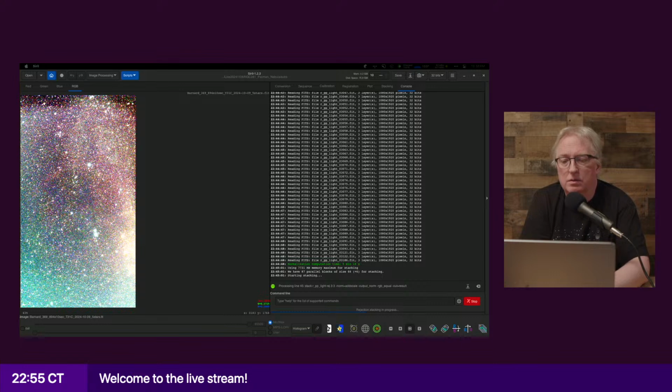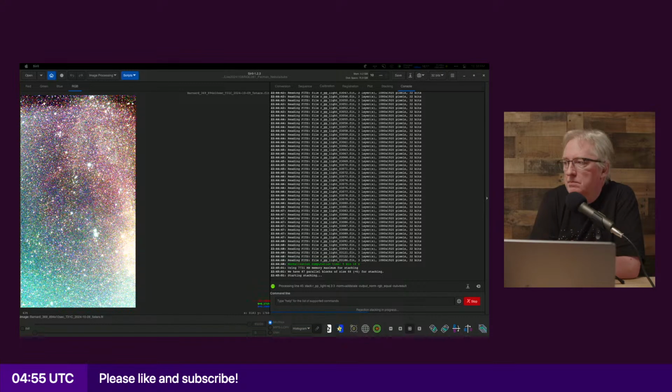Uh-oh. Interesting. 2820, which I think, yeah, that was the exact same the other day. Cool. But once this processes, or once it finishes, I'm going to load it into Graxpert, do the